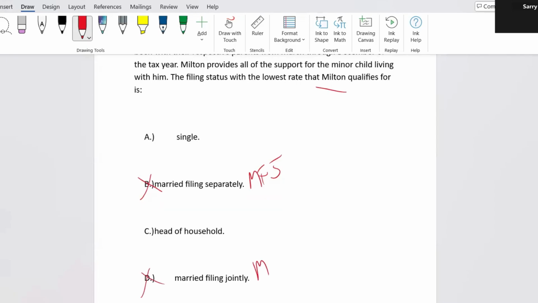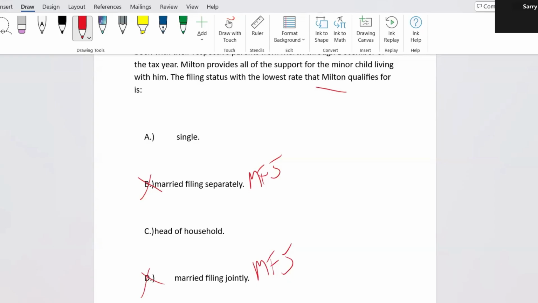Why? Because in order to qualify for the status, you need to be married as of the last day of the tax year. So if we're talking about 2024, this couple would have needed to be married for all of 2024 up until December 31st, 2024. But they weren't. They got a divorce. The only exception is, of course, if one of the spouses passes away in the middle of the year, for example. Like in this case, if he passed away March 3rd, the wife would still be able to claim MFJ, or married filing jointly, up until the end of the year because he passed away during that year.